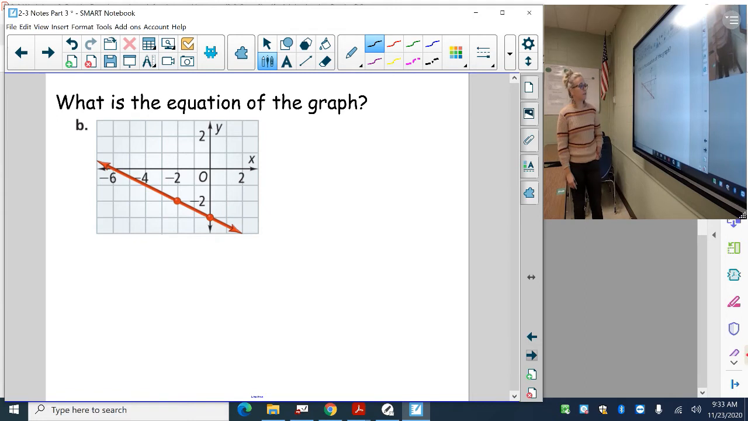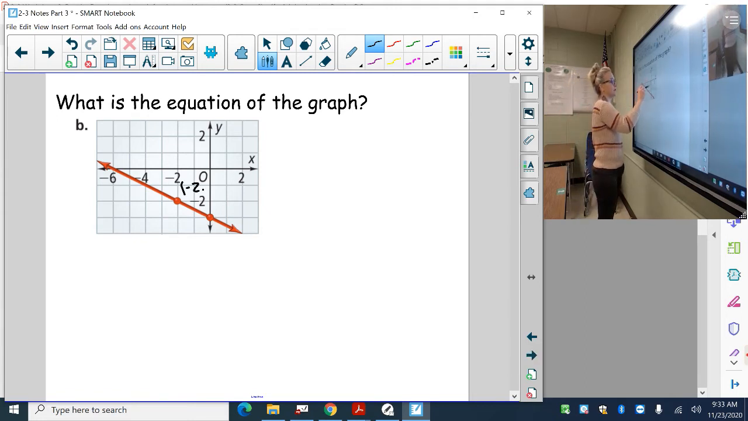What is the equation of this graph? Well, we're given 2 points again. We have (-2, -2), and we have (0, -3), which is nice. That's my y-intercept. So when I graph, you can either count your